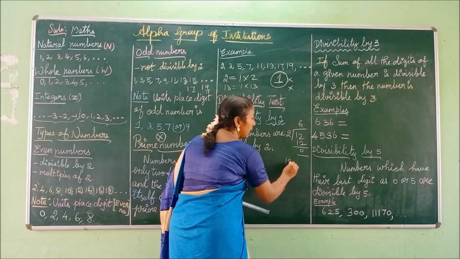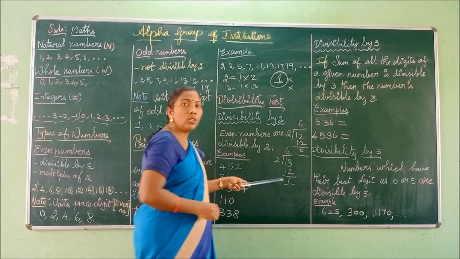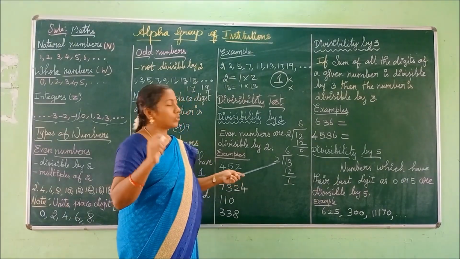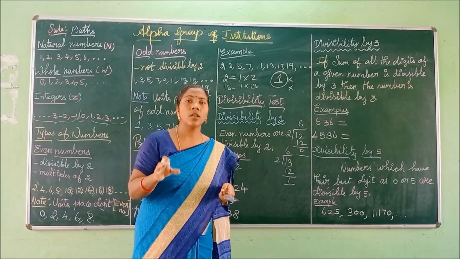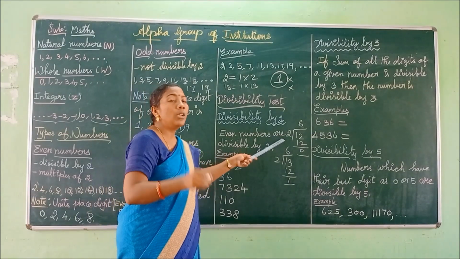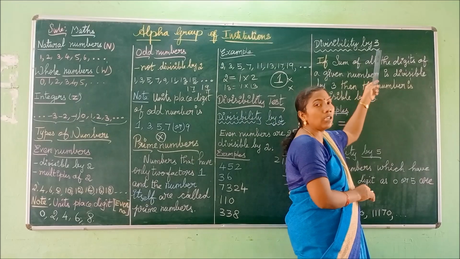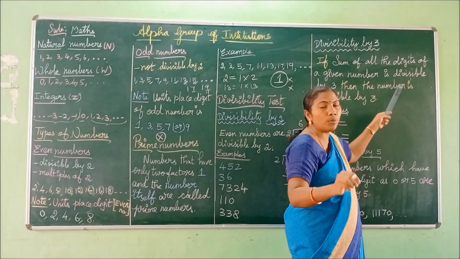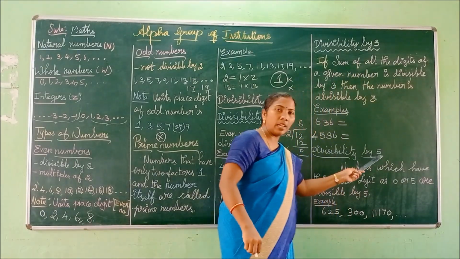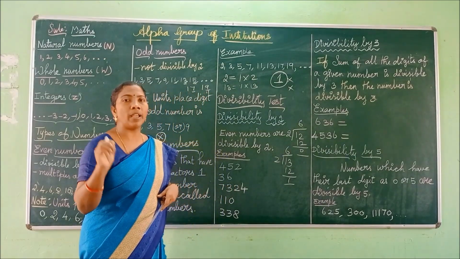You can also divide the number 13 by 2. 6 twos are 12, but we have the remainder as 1. So in that case, we can say 13 is not divisible by 2. So you must understand the concept of divisible. Divisible means if you divide the given number by 2, it leaves the remainder 0. If you divide the given number by 3 and it leaves the remainder 0, we can say the given number is divisible by 3. If you divide the given number by 5 and it leaves the remainder 0, in that case we can say it is divisible by 5.